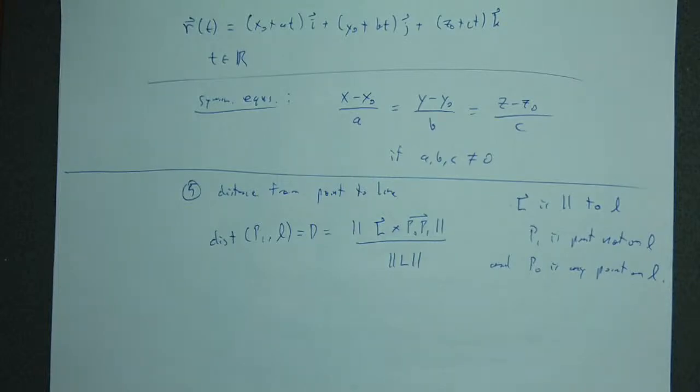Okay. All right, so that's distance from point to line. When I say you should know the equations for lines, of course that means that if I give you enough info to write up the equation of a line, you should be able to do it, whatever form it takes. So if I give you a point on the line and a vector that's parallel to the line, then you can just write it down